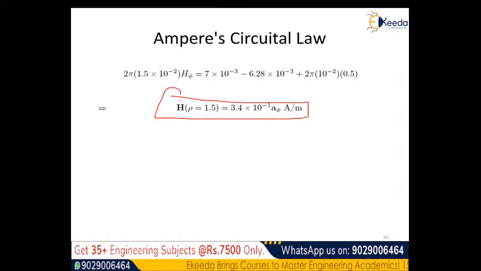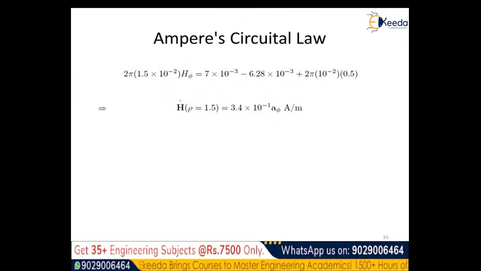Now after this solution we have to focus on determining the answer for part C. For part C we require rho equal to 4 centimeters. Here, Ampere's law, as we just applied to determine the answer of part B, we have to replace rho equal to 1.5 centimeters with rho equal to 4 centimeters on the left hand side. This corresponding change will lead to the answer of the form, that is the H phi component,